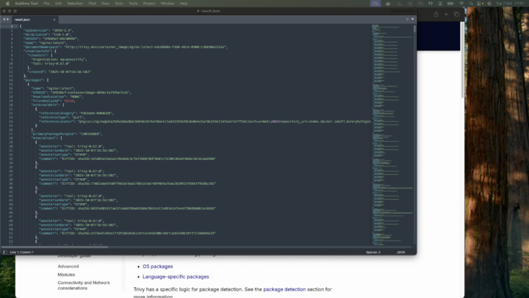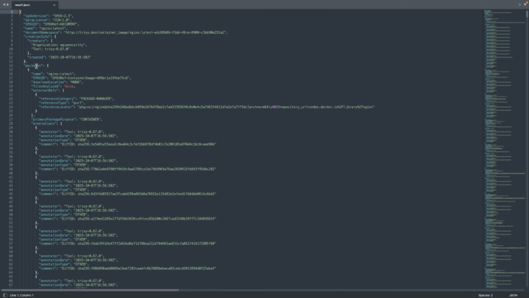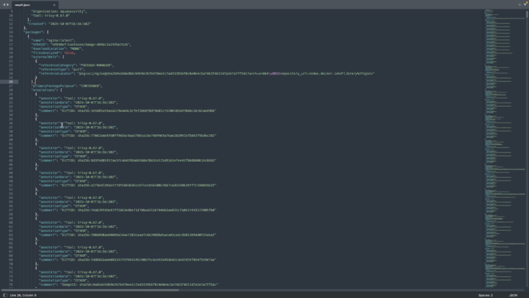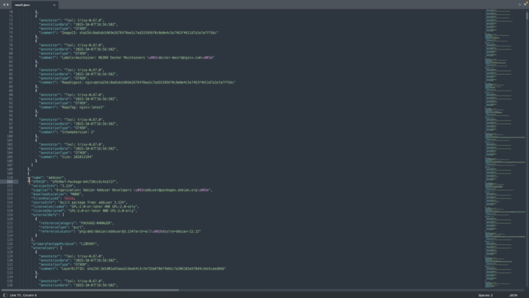So this is the SBOM which is generated for the Nginx image. Let me expand this. Right, we have the packages list here. For example, if I scroll down, let's take the first one, adduser. Here we see one package entry. So this is adduser version